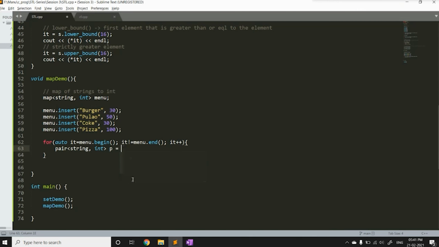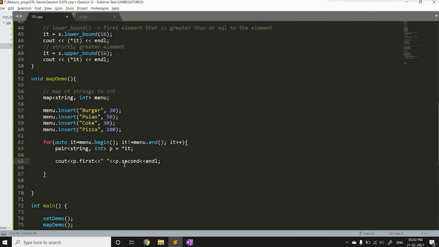So I will use the star operator to access that particular element, and you know how to print a pair. I will just say p dot first, so give me the first element, and the second.